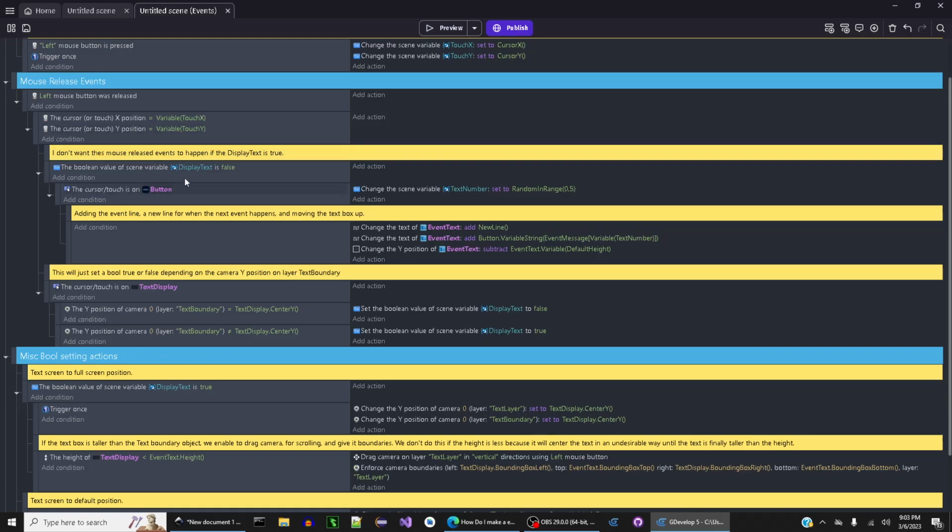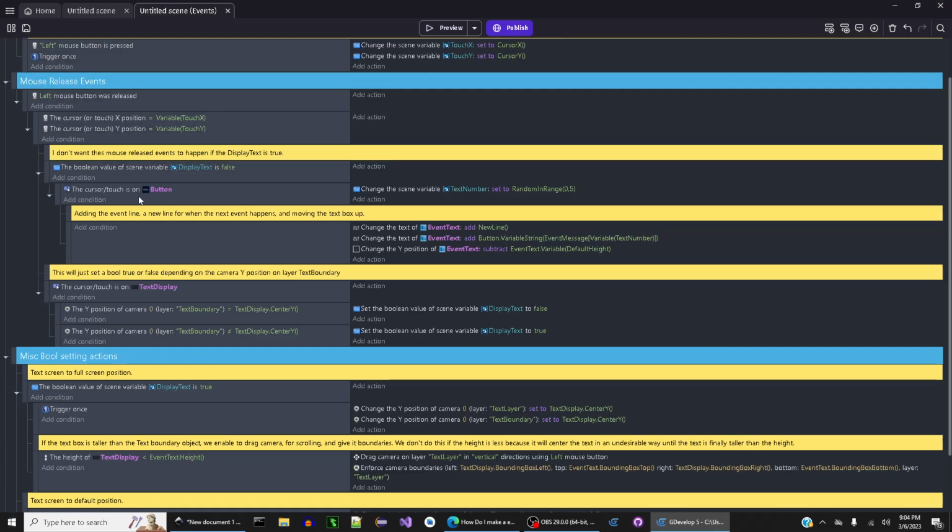And what that means is I'm only going to want to do these events if it's false. If it's true and my window is open and I can see the displayed text, I don't want to be able to add more text to my text box when I'm pushing this button. So again, that's nothing you would really need to worry about. Your events would be happening in game as whatever events you made